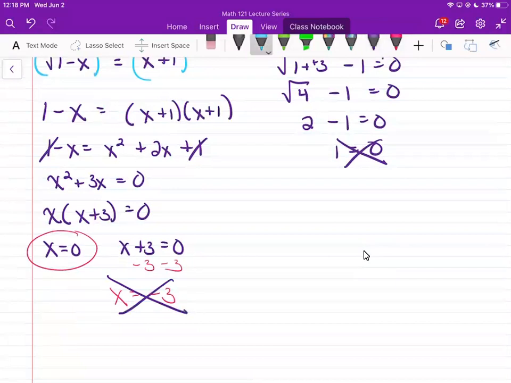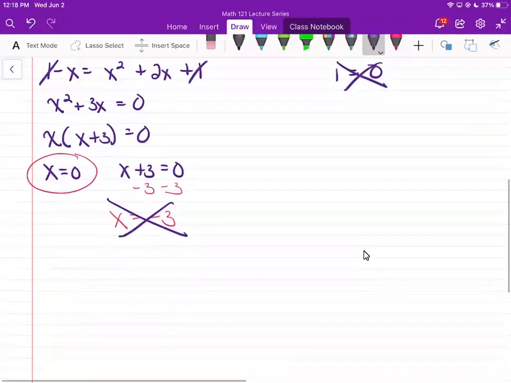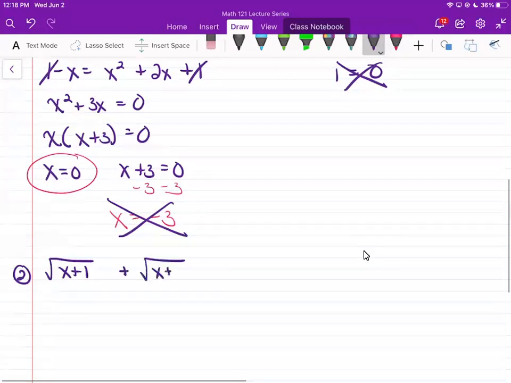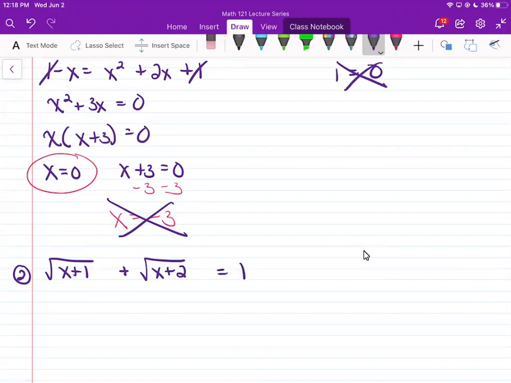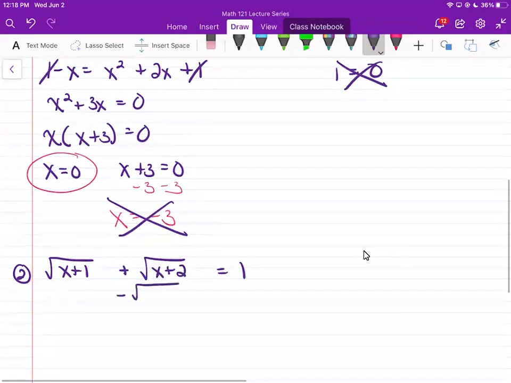As a second example, let's look at a situation where we have two radicals. Consider the square root of x plus 1 plus the square root of x plus 2 equal to 1. According to our steps here, we need to isolate the radical. Since there are two radicals, we're just going to isolate one of them. I'm going to subtract this entire term,